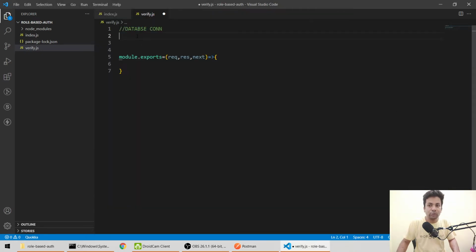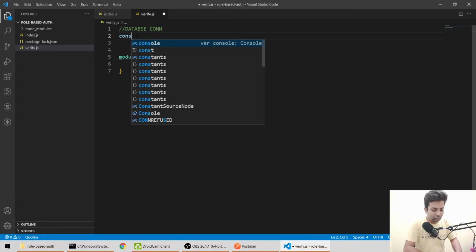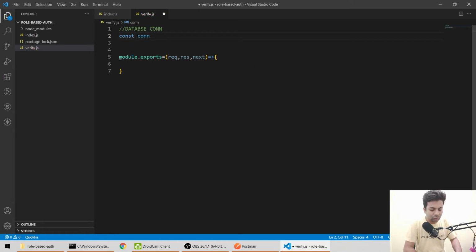Now suppose this is my database connection, and I'll say const con equals, here I'll make an object, and for John 123 I'll specify role 1. Sorry, ID. For ID, what was the ID?